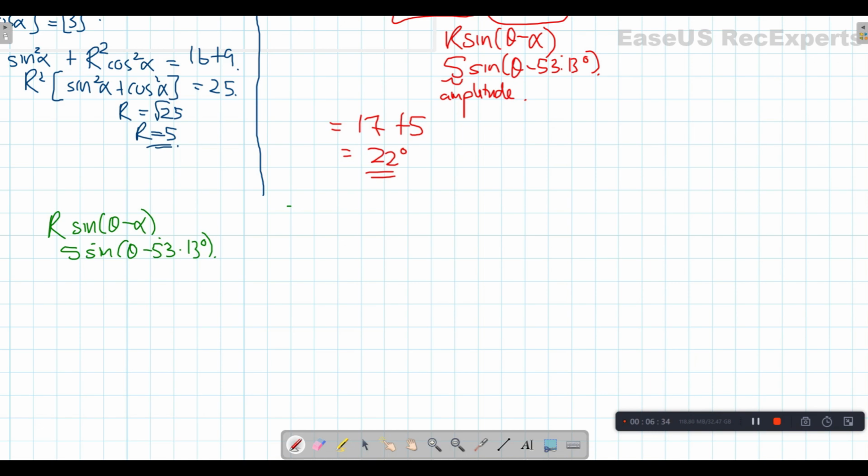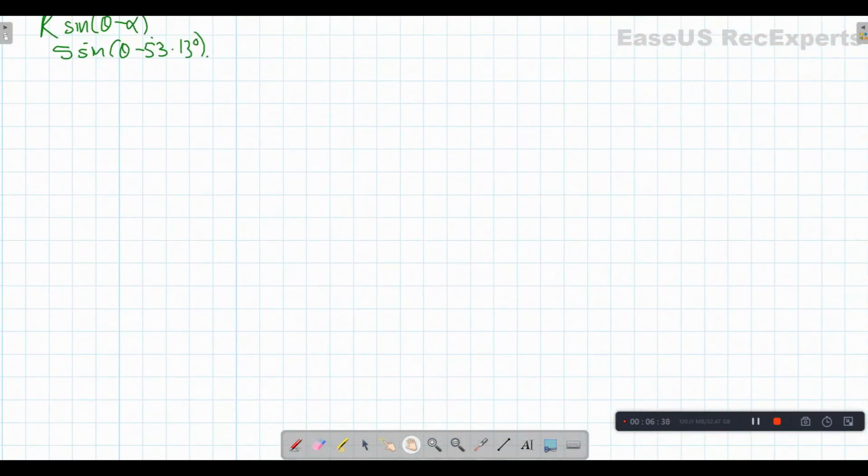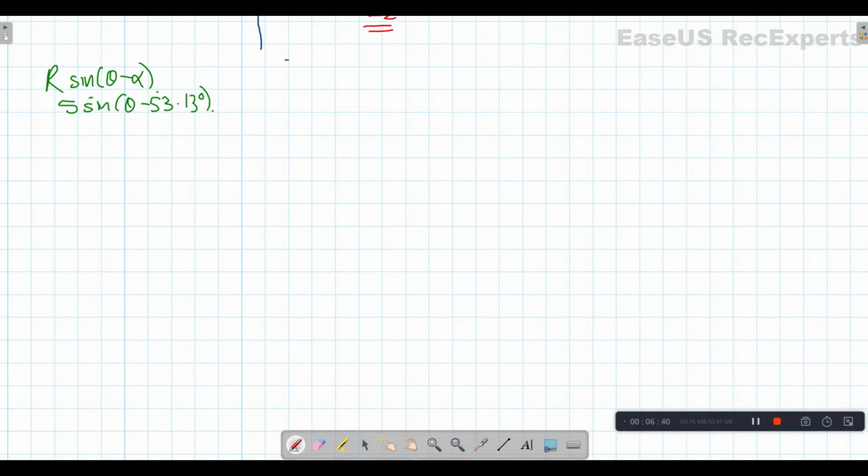What's the temperature? The highest temperature, which is 20 degrees. So I'm going to sub 20 degrees over here. Okay, midday, so 20 degrees. This is equal to 17 plus, sorry, this is not 17 plus, this is equal to 5,